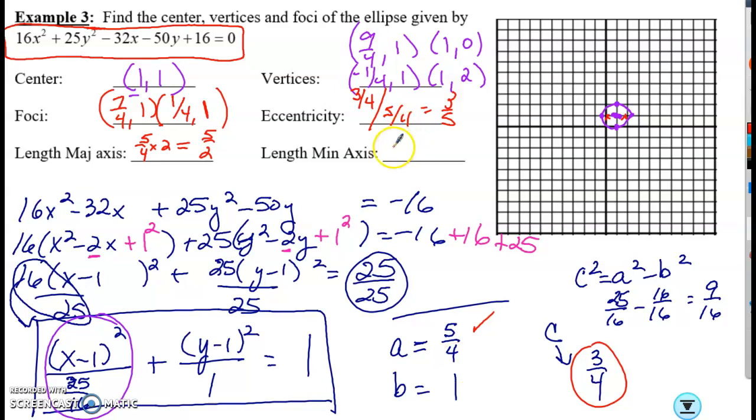And our minor vertice length was 1, and if we double it, that gives me 2. So my minor axis length was 2. So this is a little teeny tiny one. You aren't always going to have the nicest of numbers to work with. Okay, so tomorrow